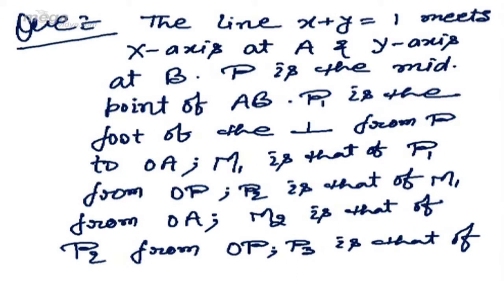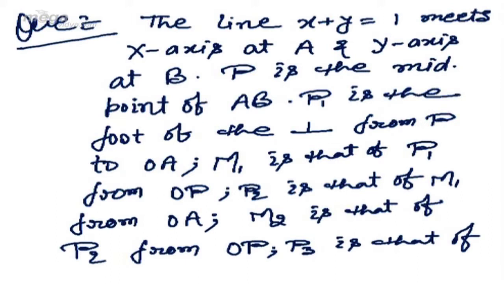The question is: the line x plus y equal to 1 meets the x axis at A and the y axis at B. P is the midpoint of AB. P1 is the foot of the perpendicular from P to OA. M1 is the foot of the perpendicular drawn from P1 to the line